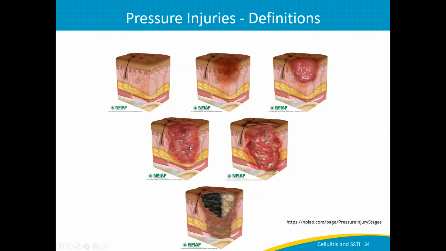And then stage 3, where we have a wound going all the way into the fat layer underneath the skin. Stage 4, where we're going all the way down to deep tissues like muscle and tendons and even to the bone in some cases. And then an example of an unstageable ulcer where there's eschar. Good to note that, if you have a resident with an unstageable ulcer that is stable in appearance,